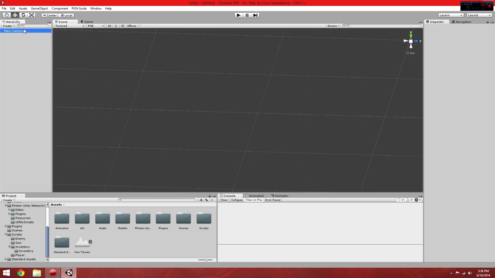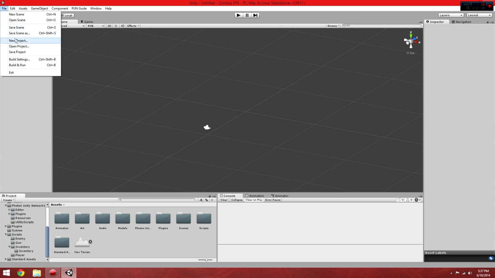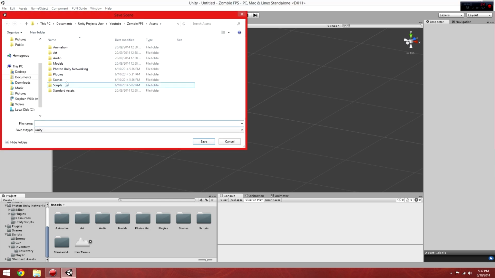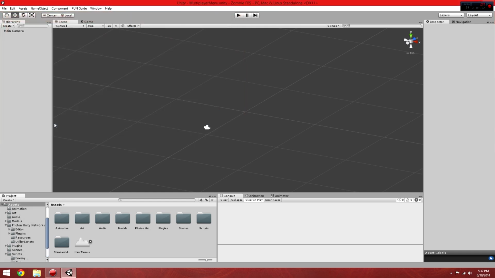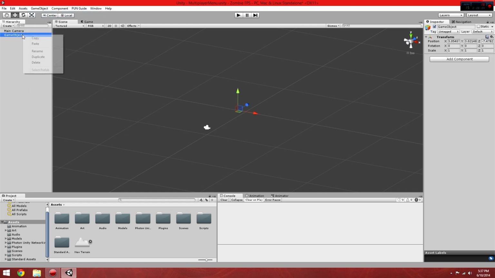Okay, now in this scene we've just got a main camera and blank scene, just like at the start. So what we're going to do is quickly go and save this scene in the scenes folder as LAN. Let's just set this as multiplayer menu. Save that one. So then what we're going to do is create a new game object, so an empty game object. So create a game object and create empty. Rename this one